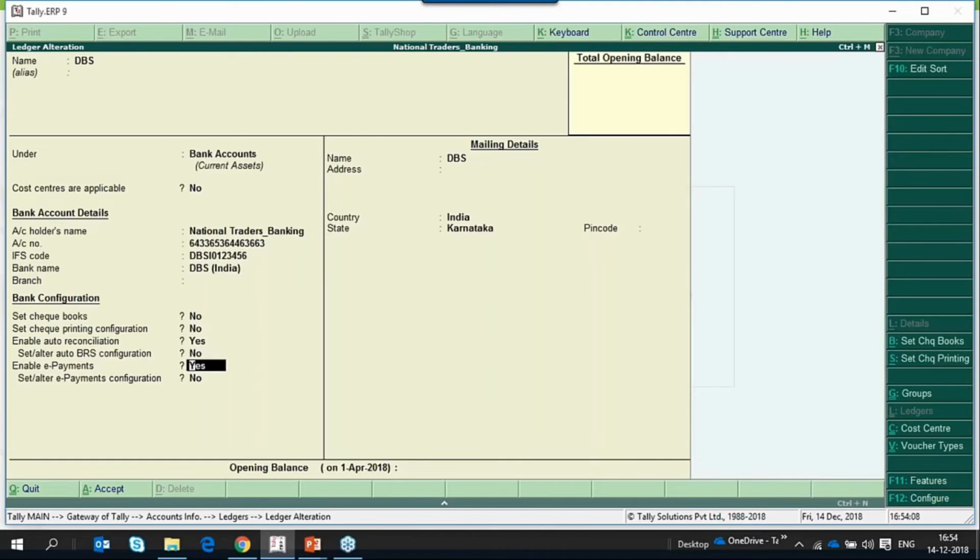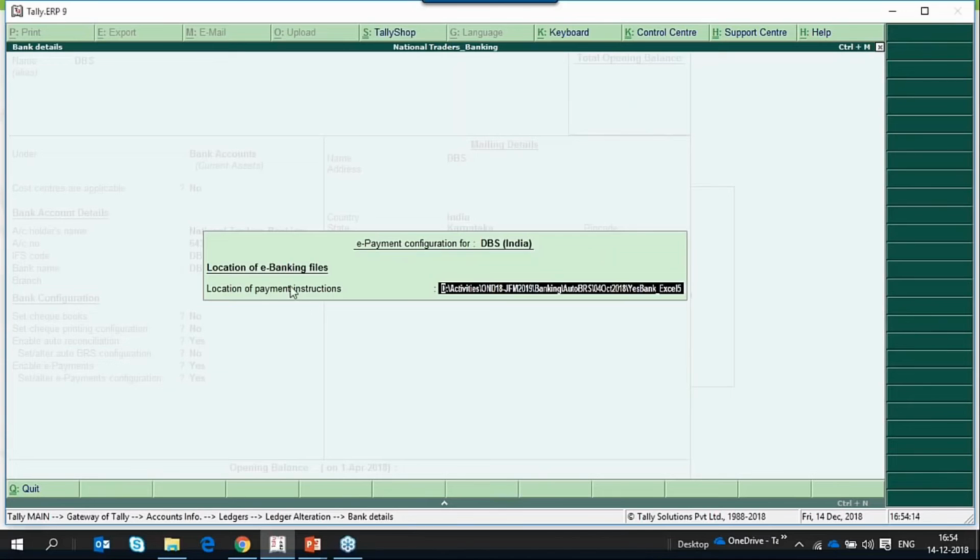We have an option called enable e-payments, and under set or alter e-payments configuration, we have to configure the location of the payment instructions file. This payment instruction file will contain all the payment information. Whenever we record any e-fund transfer transaction, all the e-fund transfer transactions can be exported into one file called payment instructions, and that file can be uploaded onto the portal for making the bulk payments.